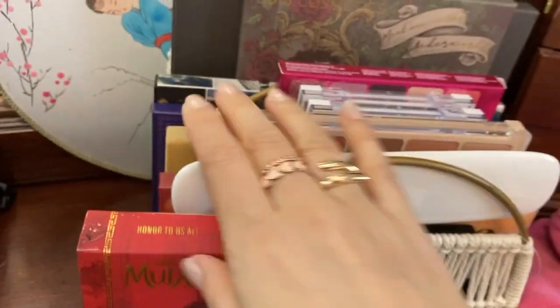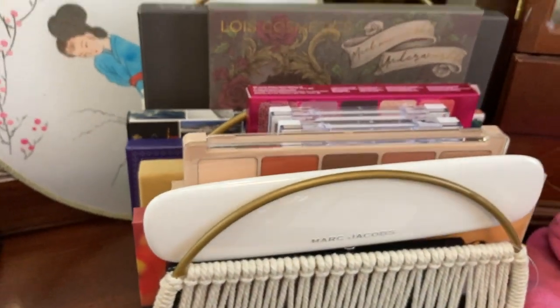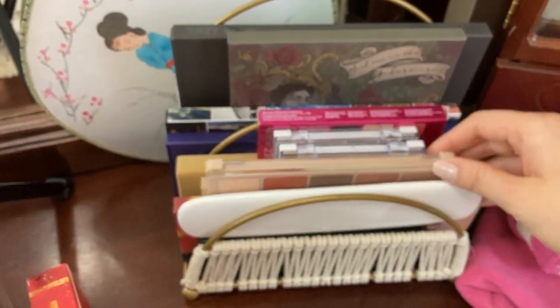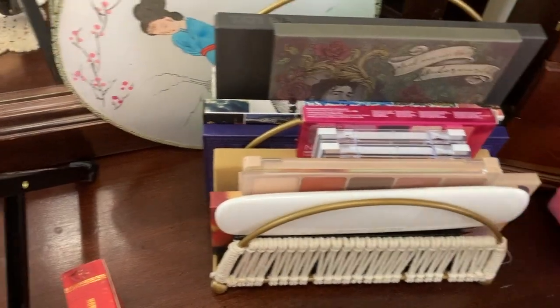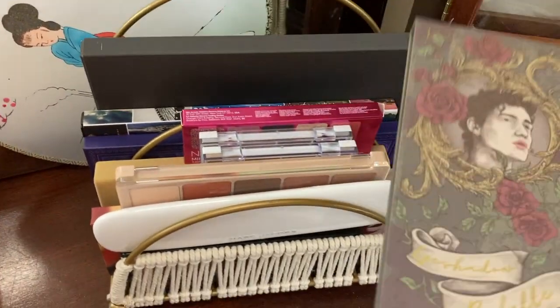Now we are moving to lip products and eyeshadow palettes. This is the last few items. I am super unsure about my eyeshadow palettes because I enjoy them so much that it's difficult for me to just pick one. So I'm pretty sure what I'm gonna do is pick like 2 eyeshadow palettes. I don't like limiting myself to just